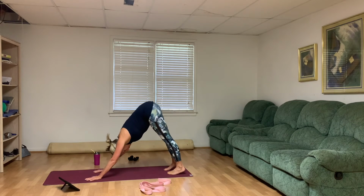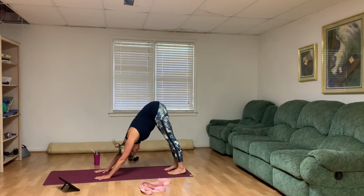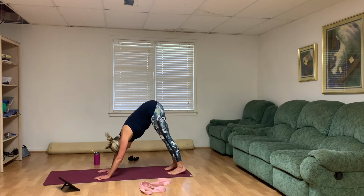So feet hip width apart. Roll some weight out of the heel of the hand more towards your knuckles. And completely relax your feet. So as those hips are lifting up to the sky, you're not doing it by pointing the toes. We're doing it by lengthening our hamstrings. With our left toes reaching to the ceiling,